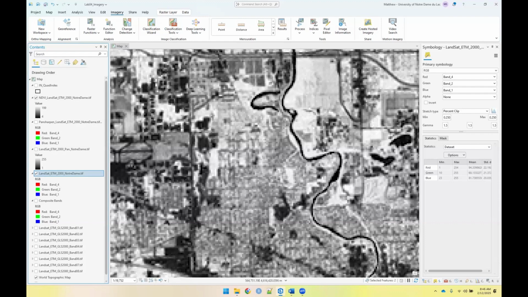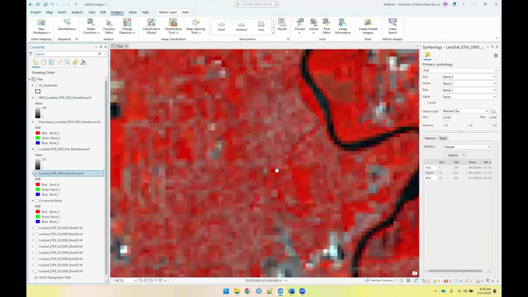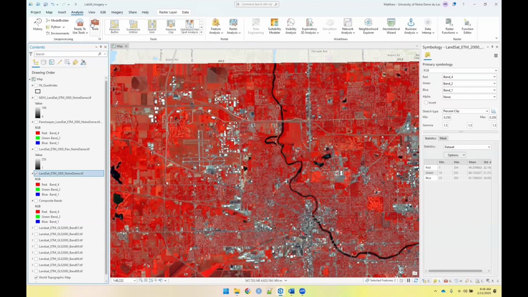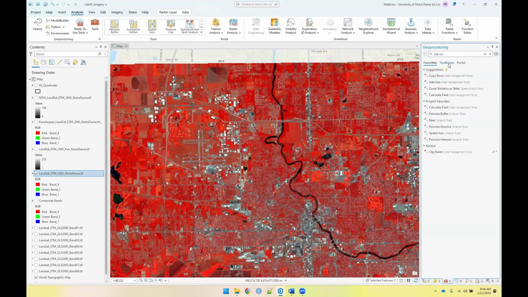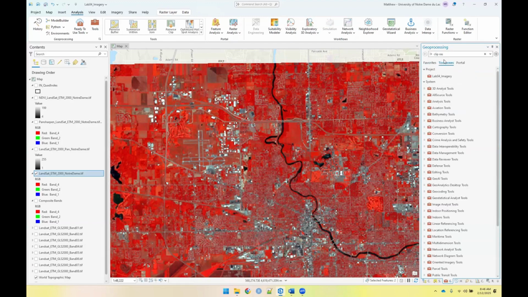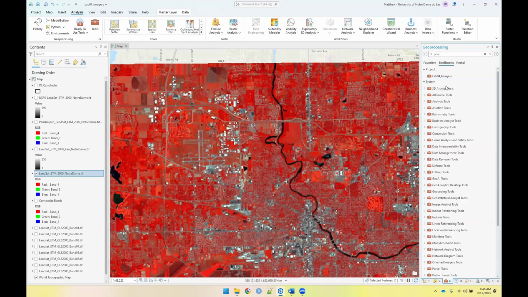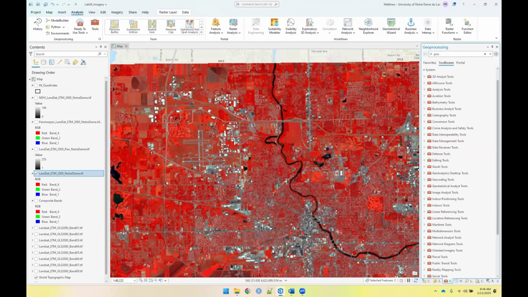Okay, so the last tool that we're going to do, knowing that there are some other ones out there, is principal components analysis. And if we're going to do principal components analysis, we're going to do that on our original Landsat here. And the PCA is again in the analysis, we're going to go through tools. This one's just in the toolbox. So make sure you have toolboxes up here, not favorites or suggestions. You can also just search for principal components here. It'll come up. But if you want to go through the actual toolbox itself, it's in,